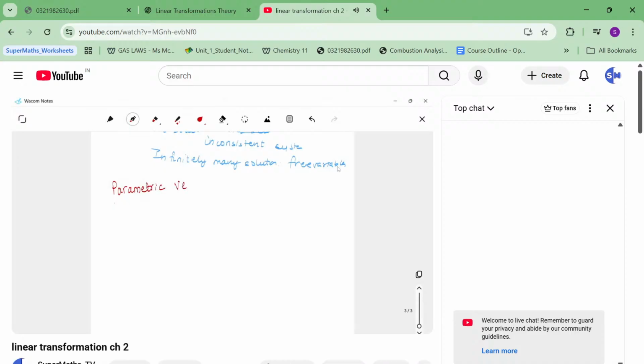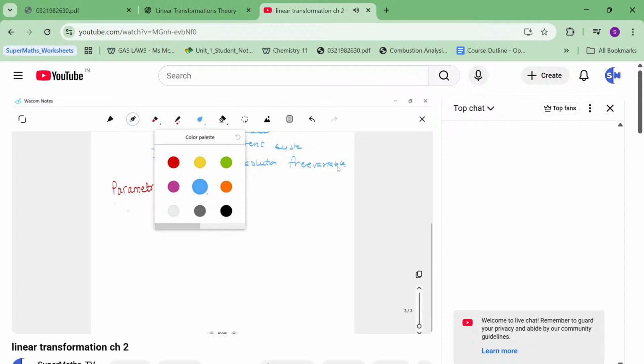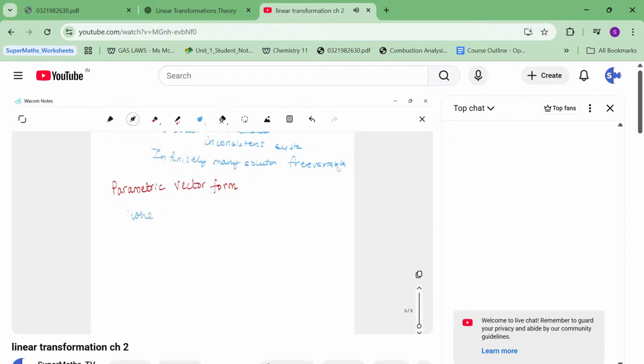This is how you find out the transformation matrix. When there are free variables,